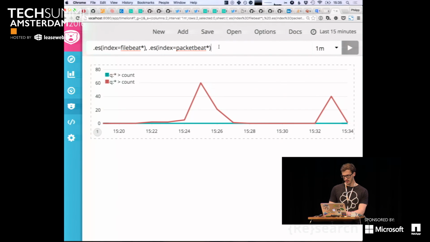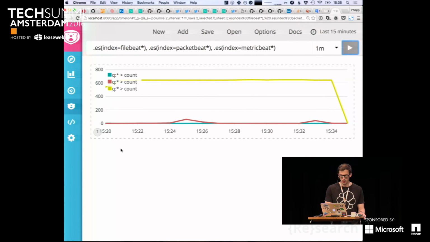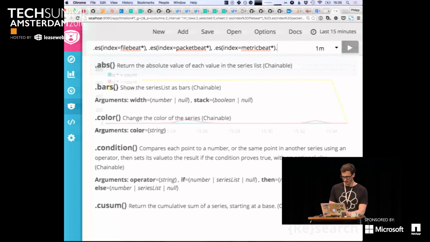But that doesn't sound like too much fun. So let's add Metricbeat as well and see who is producing most messages. Obviously, it's the yellow thing, and you have no idea what the yellow thing is. So let's see. I assume it's this one.